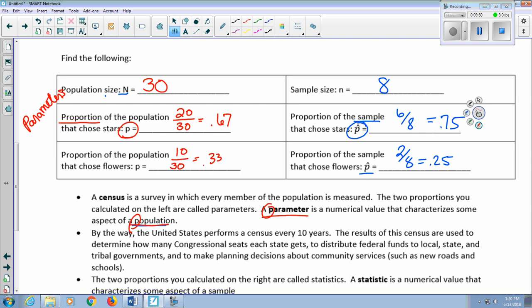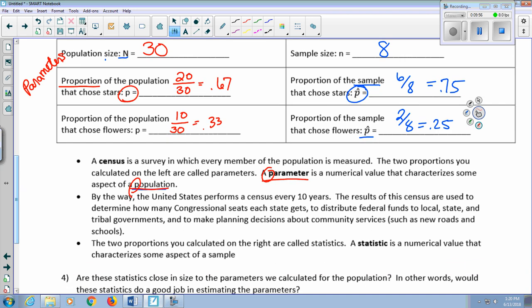So the US performs a census every 10 years, and the results of the census are used to determine how many congressional seats each state gets, to distribute federal funds to local, state, and tribal governments, and to make planning decisions about communities. If we could always do a census, then there'd be really no need to do survey sampling. But typically, you can't always do a census. It's expensive. It's not always possible to get everybody. Hard to find people. It takes up a lot of time, and so much more often,